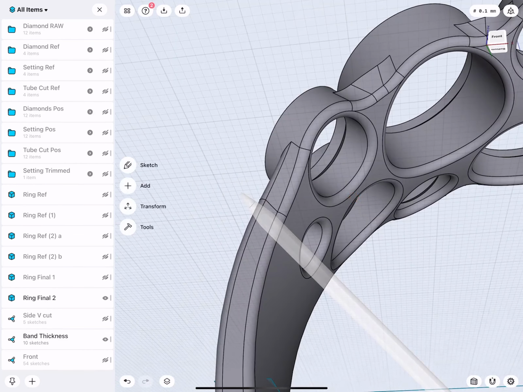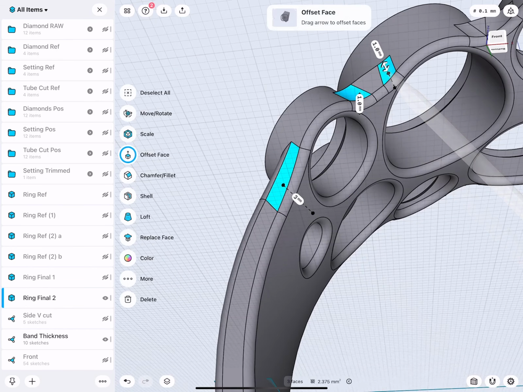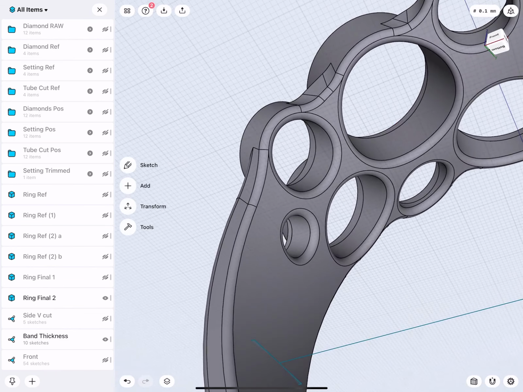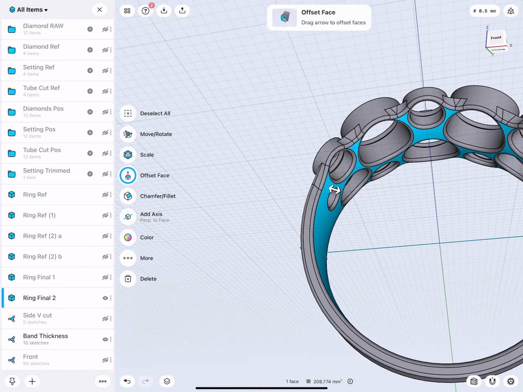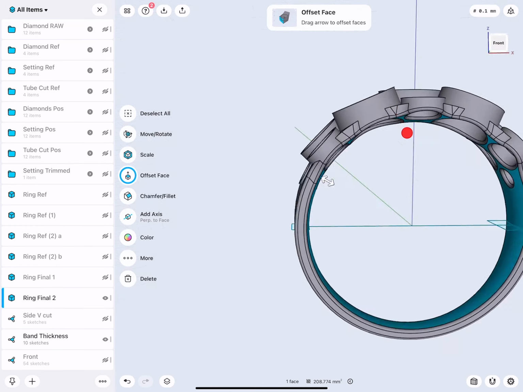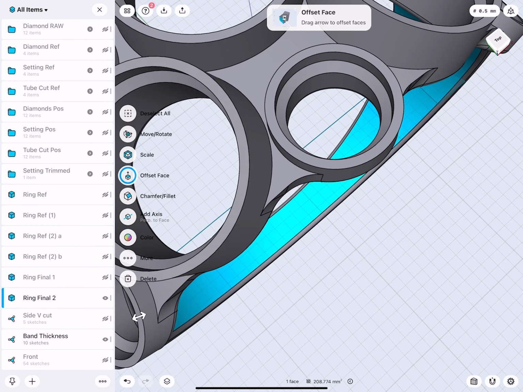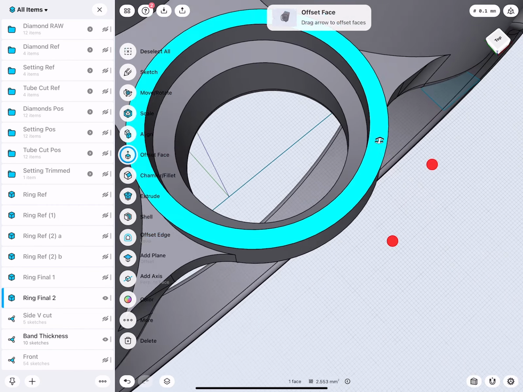I did not want there to have sharp edges. And then later, to round all these edges all at once, I selected the inner face and then I did a fillet. I can quickly demonstrate how this works here.